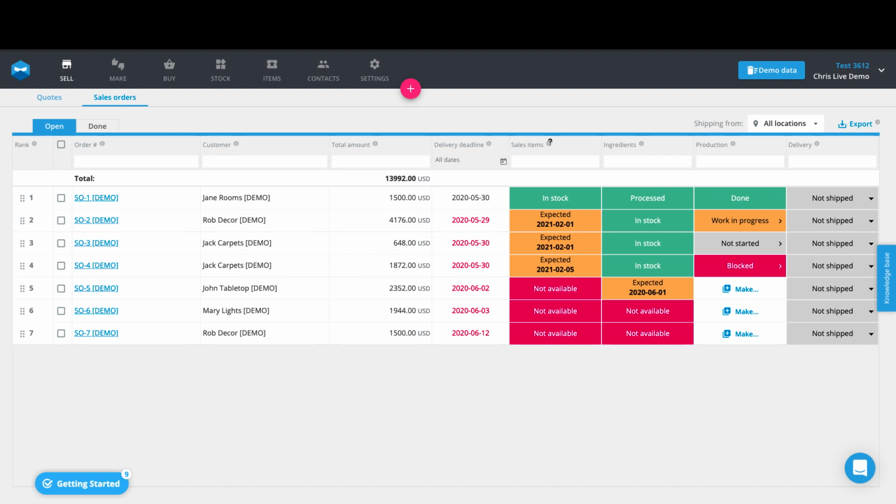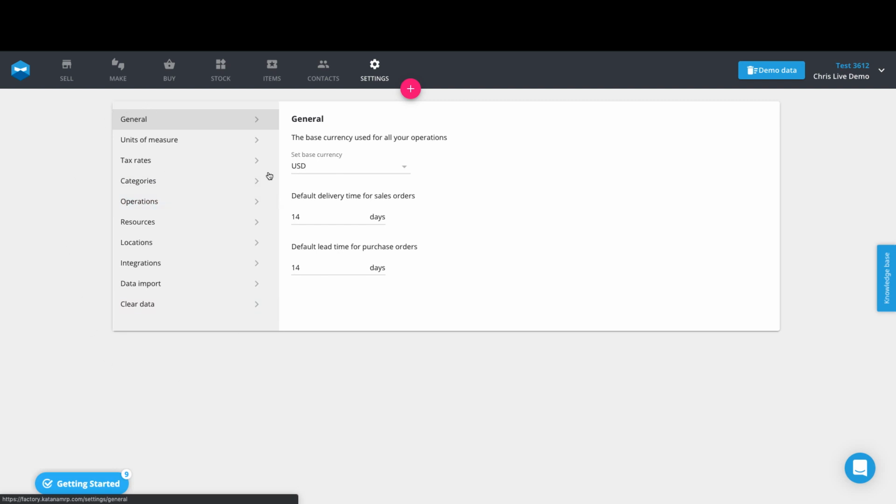If you're feeling really stumped, not a problem. We do have our customer success team happy to help you. Just go to that bottom right section and click on the chat box, and you can send us a message there if needed. Okay, let's first dive into our settings page, where you can update all of the factory settings